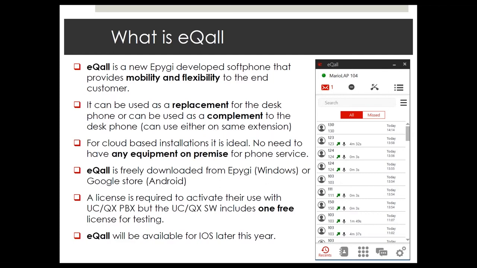So what is eQall? Well, it is pretty much a soft phone developed by Epygi. We've been working on this for close to a year. And again, it's going to give you mobility and flexibility to the end customer in many ways. You can use it as a replacement to your desk phone, or you can use it as a complement to